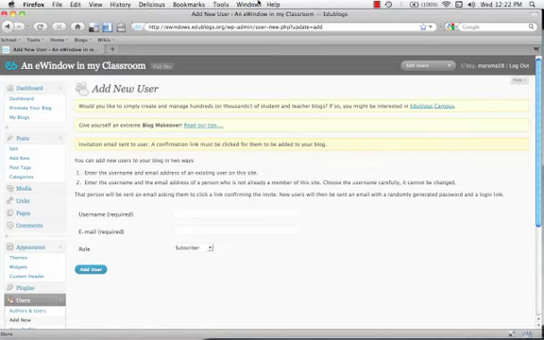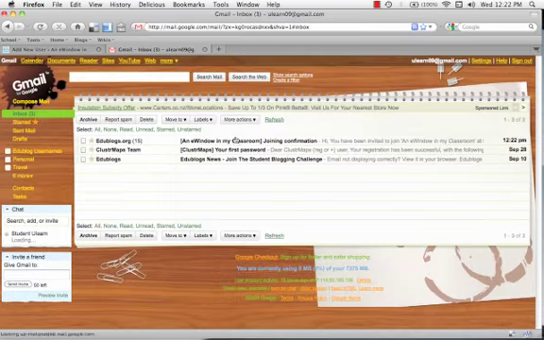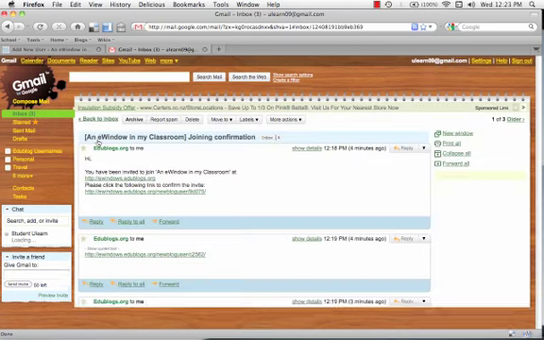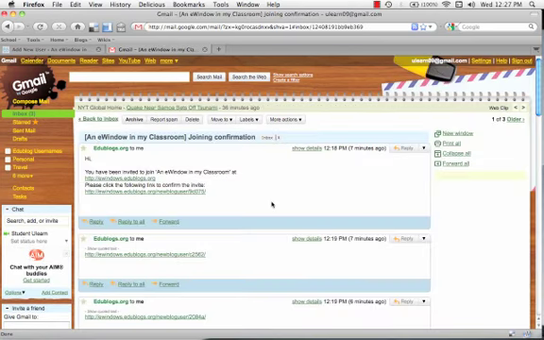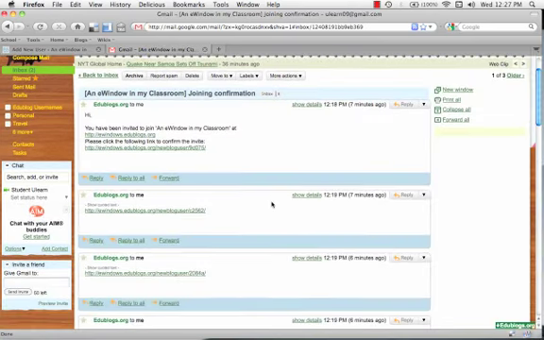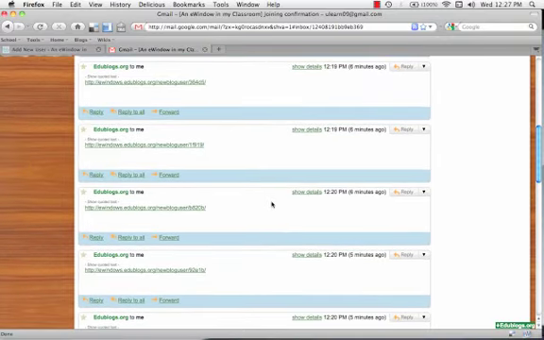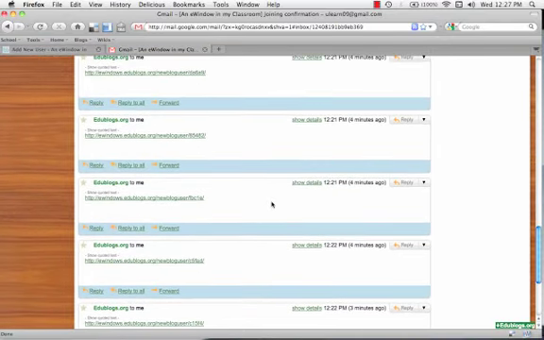And now we need to go to our Gmail account and just confirm that we want to be part of this blog. So we'll open up our Gmail account, and as you can see, I've got 15 messages from Edublogs asking to confirm. So we'll open that up. Here we have all the messages asking me to confirm to each of the usernames, and you just need to go through them all,